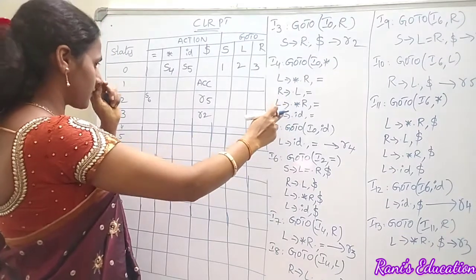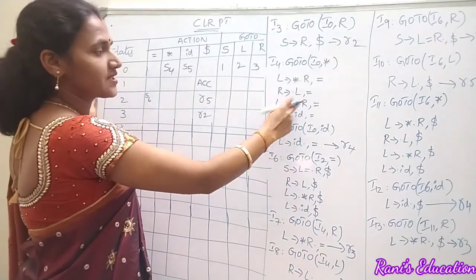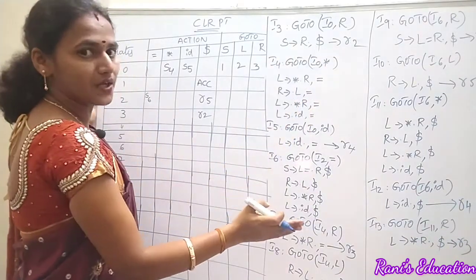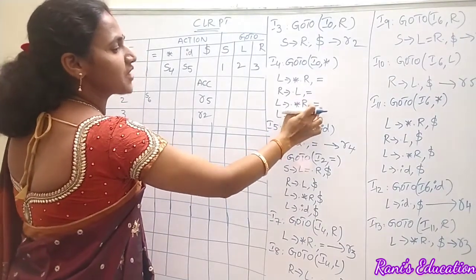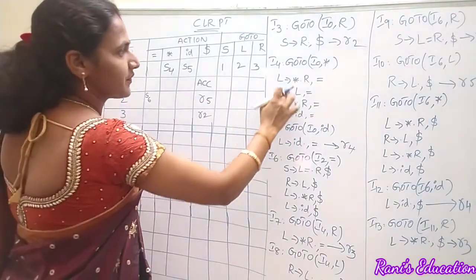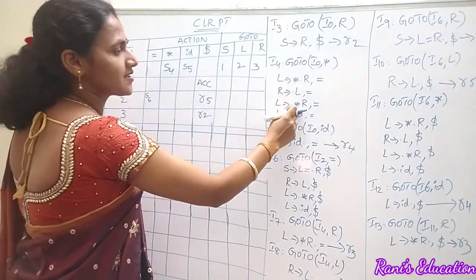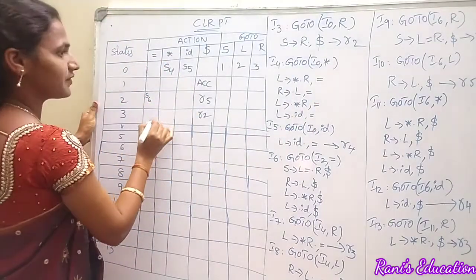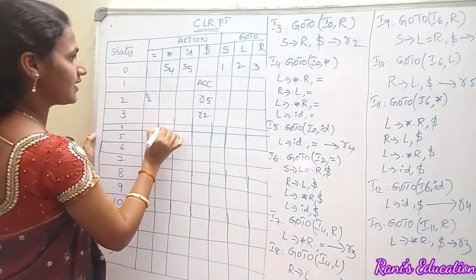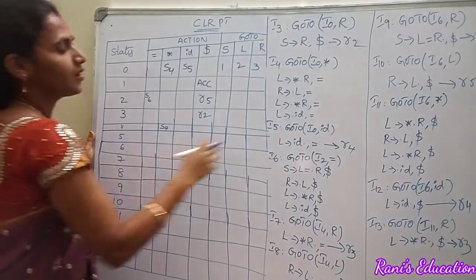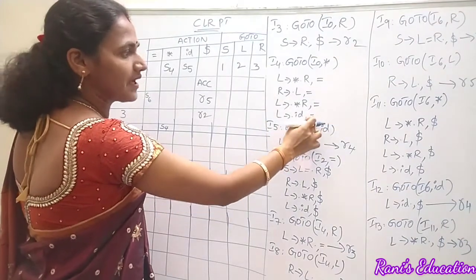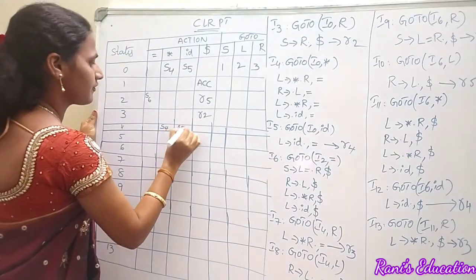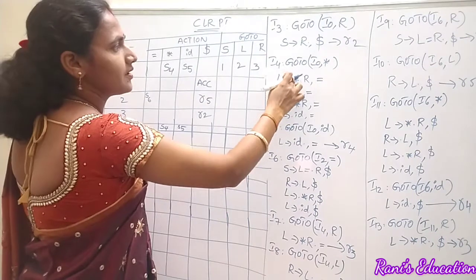Here also we have two productions whose RHS starts with a terminal. We are just going to apply the shift action. So dot star is shifted to star dot with the look ahead equal. In which item have we observed that change? In I4, right? So under asterisk for the fourth item you are going to write S4. Now go for dot ID is shifted to ID dot with the look ahead equal, that is in the fifth item. That is S5.